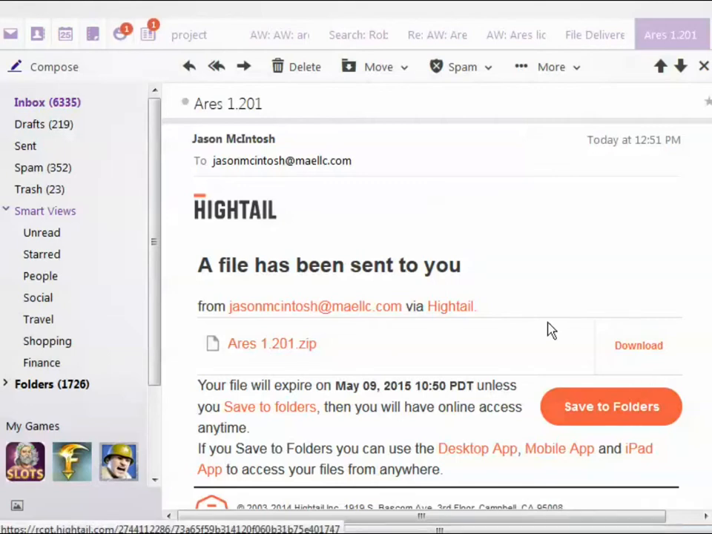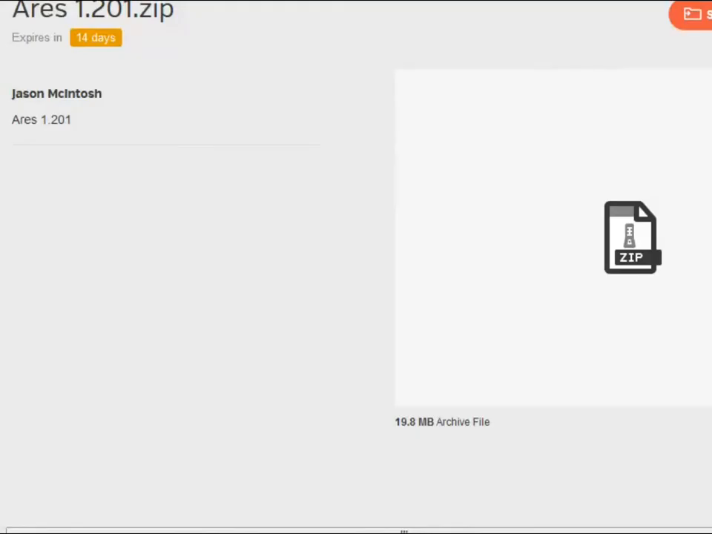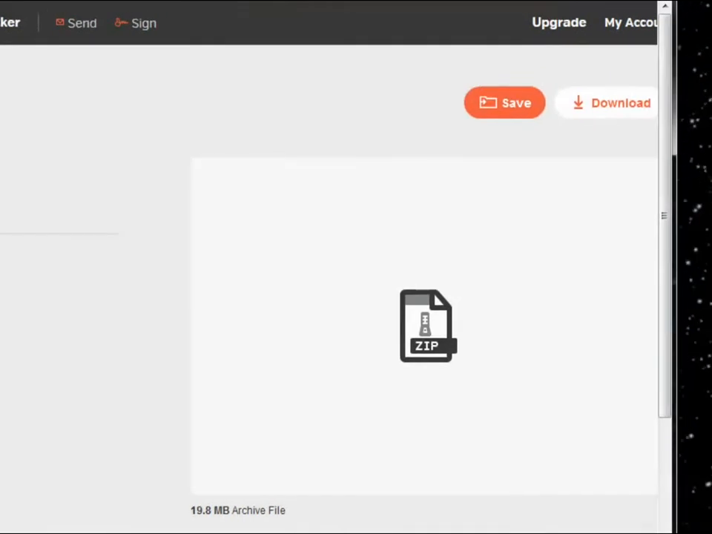This is an example email that you'll receive. As you can see, there's a download link to the right. I'm going to click on it, and this will take us to the hightail.com website. Off in the upper right corner of the website, there will be a link that says download. I'm going to select that,